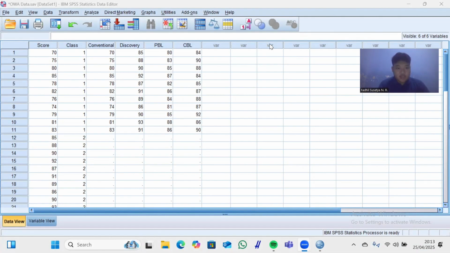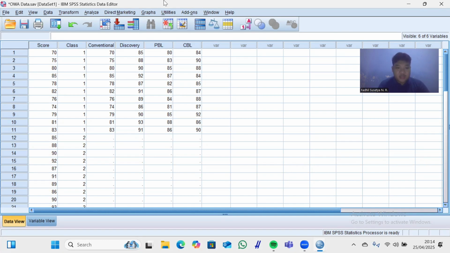Okay guys, here I will explain how to use SPSS to analyze the one-way ANOVA and the post-hoc test. First off, make sure you have already input all the data in SPSS.